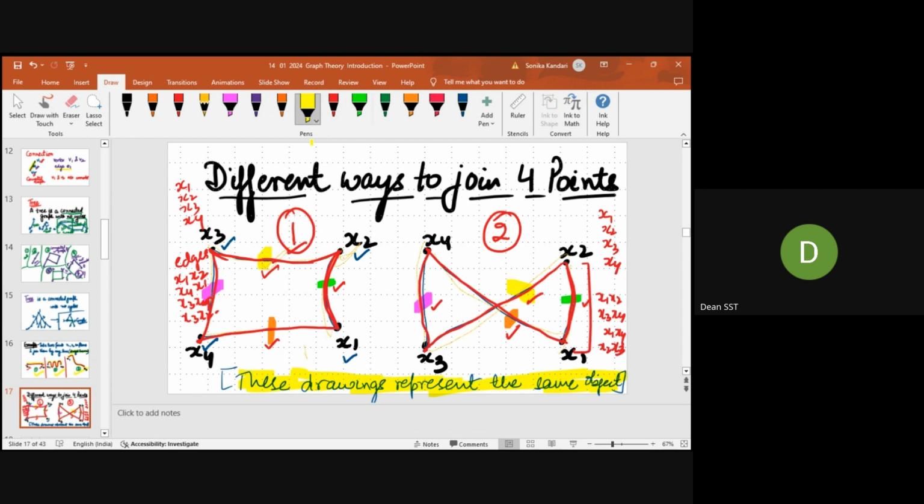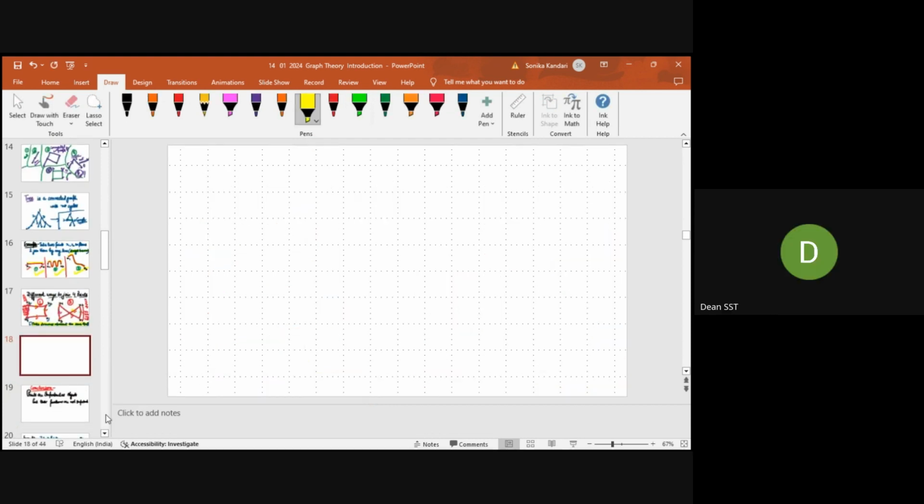Fine. Is it clear now, class? Yes, ma'am. Only the way of representation is different. Both are representing the same object. Fine. Is it clear? Yes, ma'am. Because